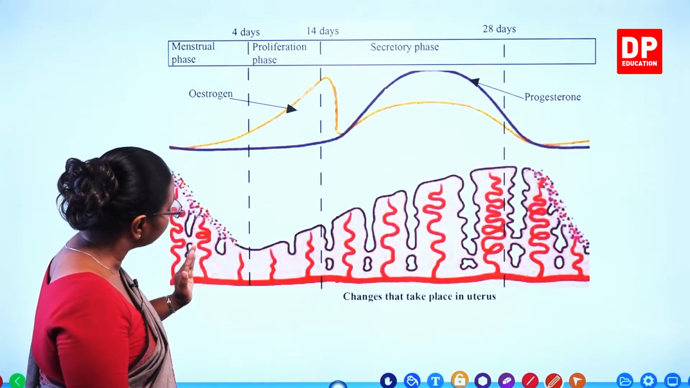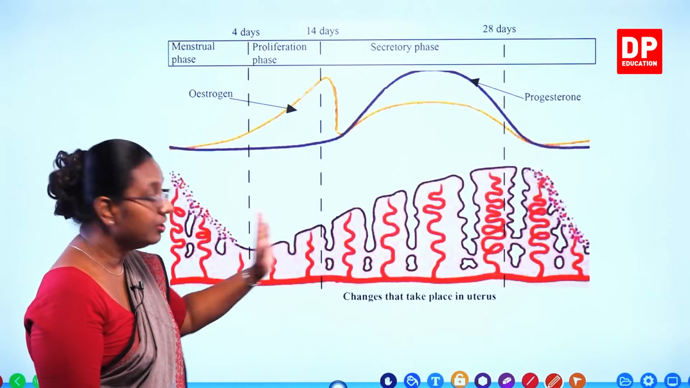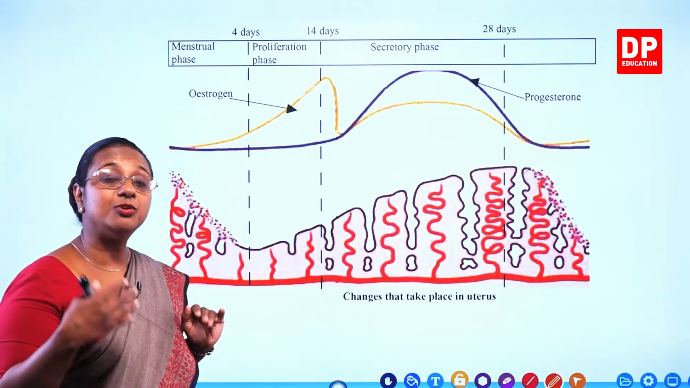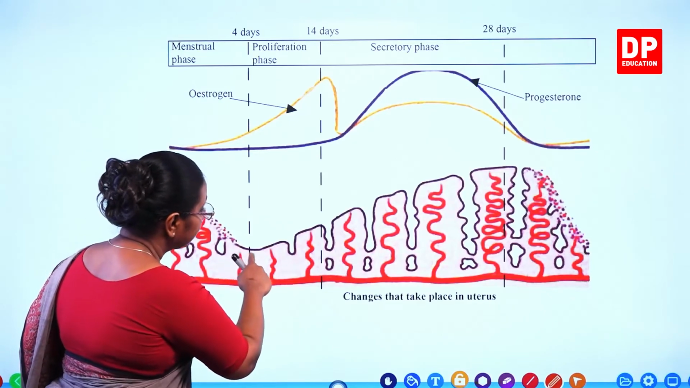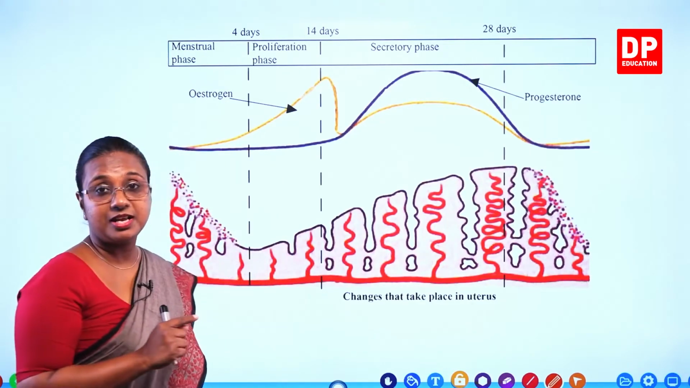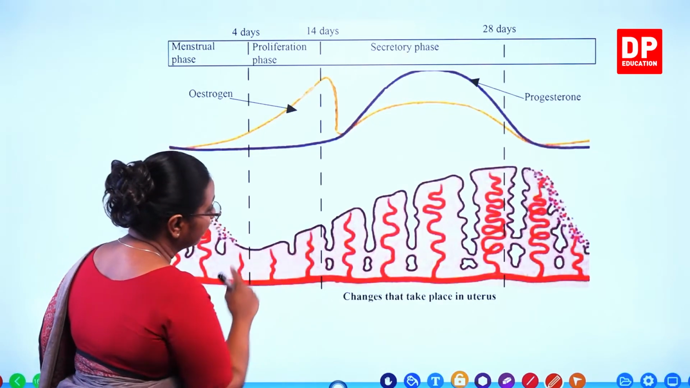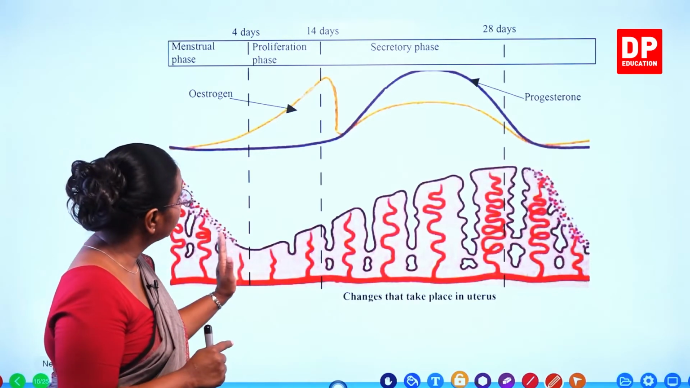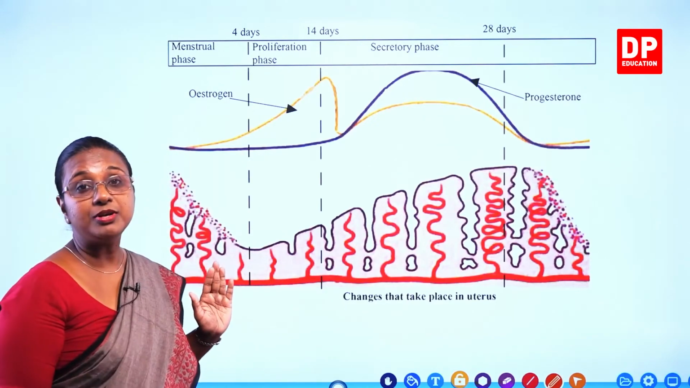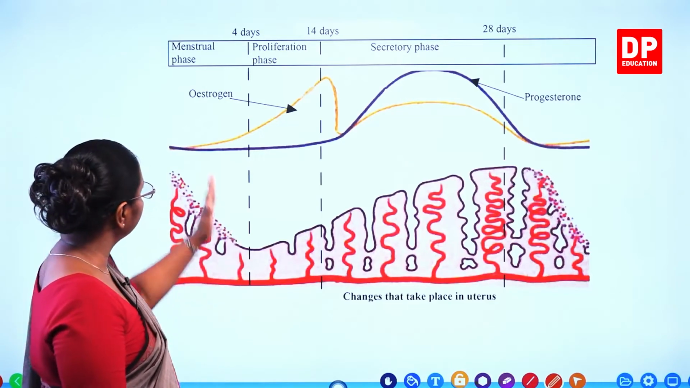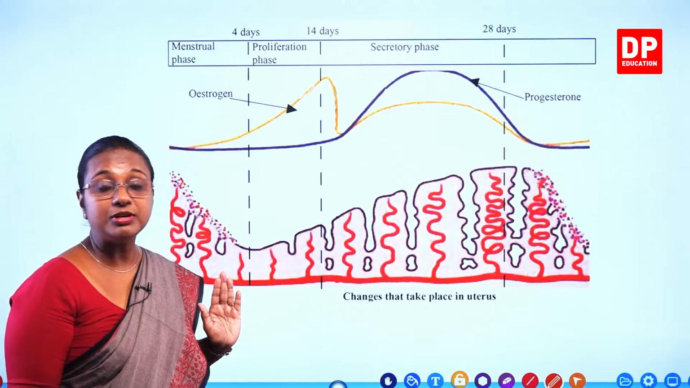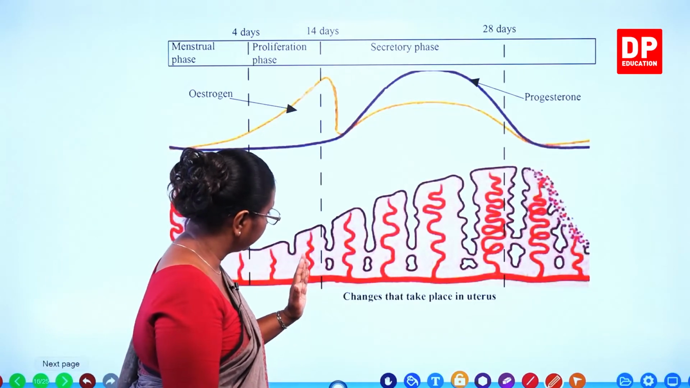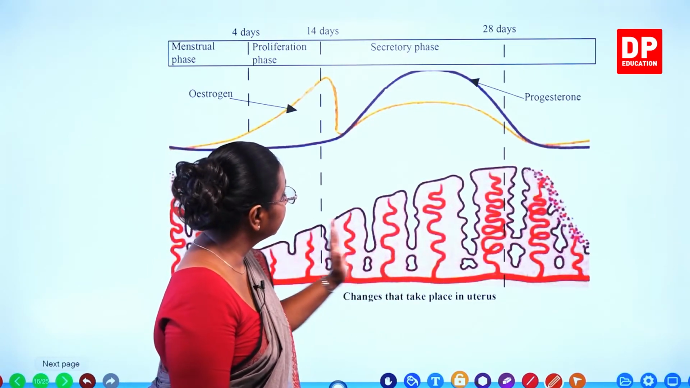Then after that, what happens? Again the ovary gets prepared to develop the fetus. So, again you can see the next phase, that is the proliferation phase, the ovary wall is developing. So, that occurs for about 10 days. First 4 days menstrual phase, then the proliferation phase for about 10 days and thereafter you can see here the